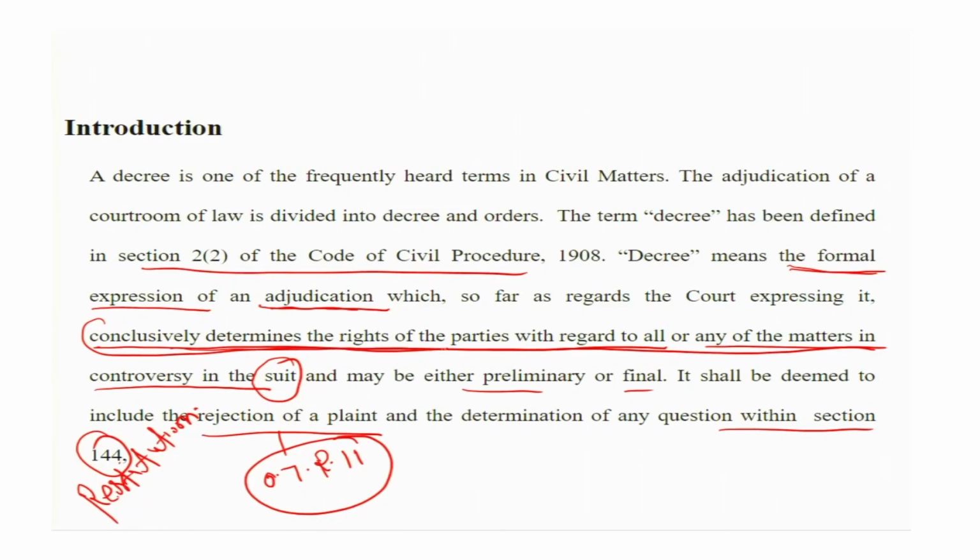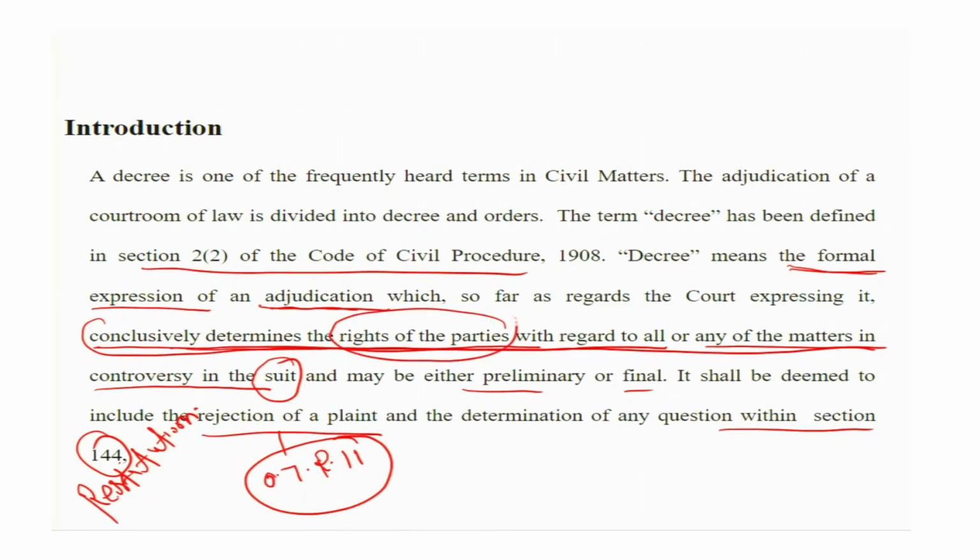The court cannot go beyond your plaint, and cannot go beyond the written statement. The court has to first read the entire pleading, the plaint and the written statement, and then the court frames issues, the matters of controversy, the matters of dispute between plaintiff and defendant. We call this a point of determination, what the court has to determine, what the court has to decide. So, that is the reason I am telling you again: conclusive determination of the right of the party.